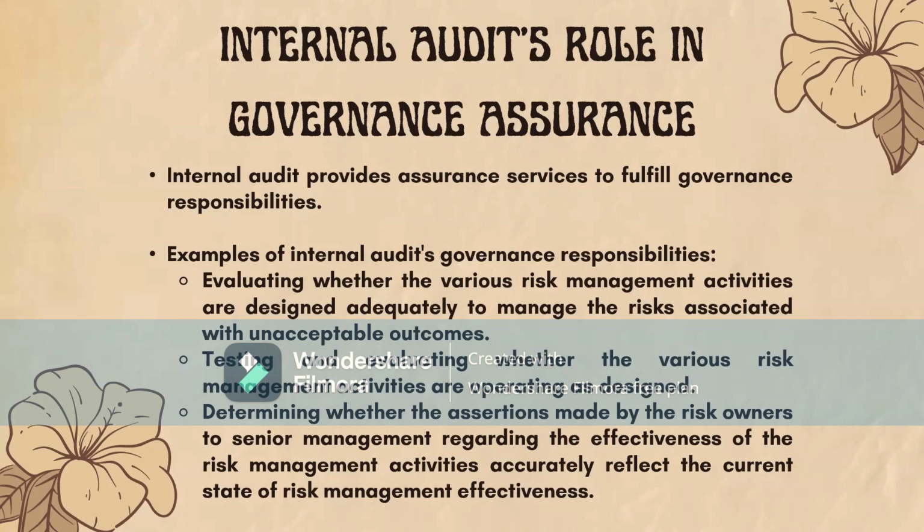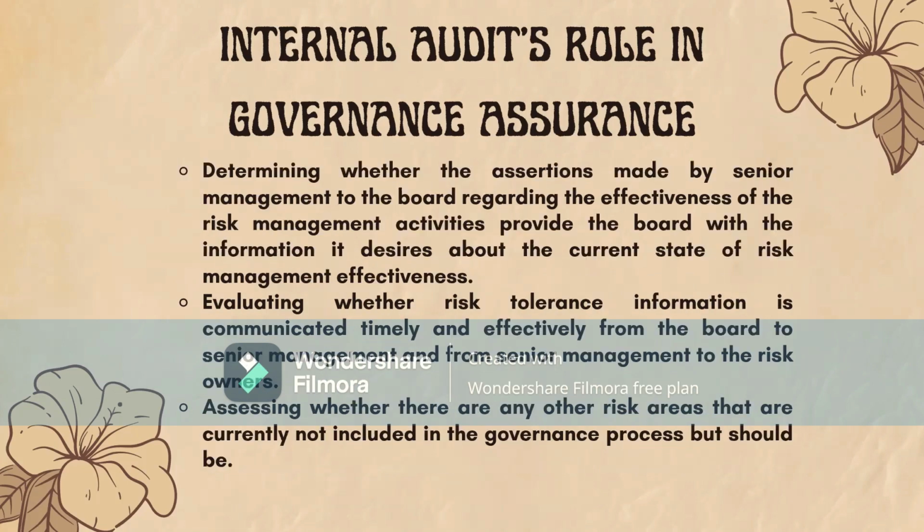So basically, internal audit provides assurance services to fulfill governance responsibilities, such as evaluating whether the various risk management activities are designed adequately to manage risk associated with unacceptable outcomes, testing and evaluating whether the various risk management activities are operating as designed, determining whether the assertions made by the risk owners to senior management regarding the effectiveness of the risk management activities accurately reflect the current state of risk management effectiveness, determining whether the assertions made by senior management to the board regarding the effectiveness of the risk management activities provide the board with the information it desires about